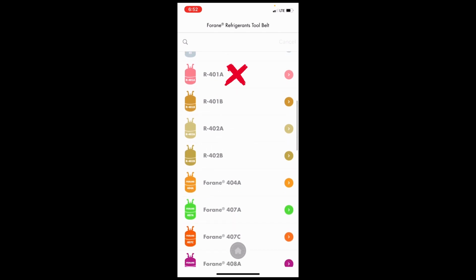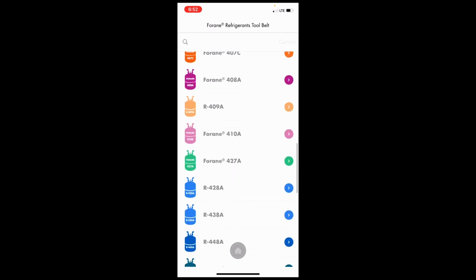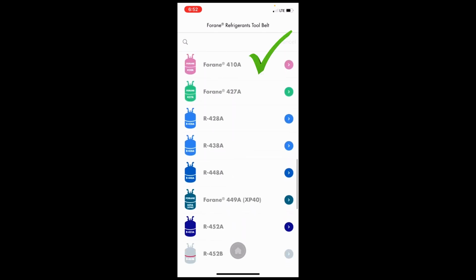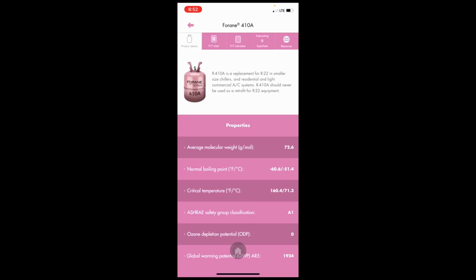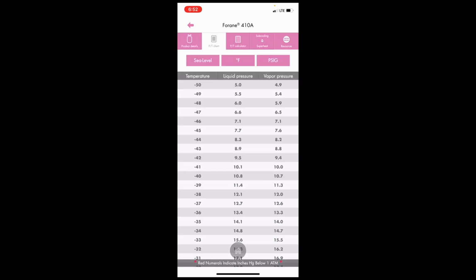So I have students many times will have the wrong numbers because they're at the wrong refrigerant. So we want to make sure we're at 410A. 410A, we're going to click on this. It gives us all the properties. It has 0 ozone depletion potential at the bottom, and it has a global warming potential of 1,924 times greater than CO2. At the top, we're going to click on PT chart, and it's going to give us the same